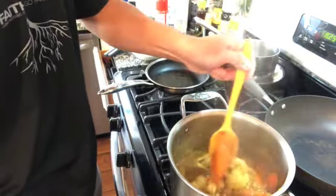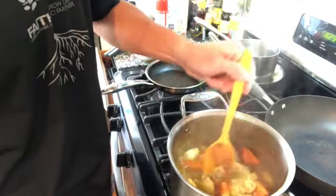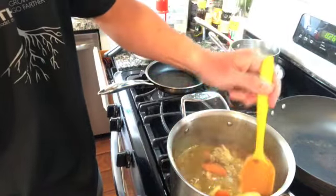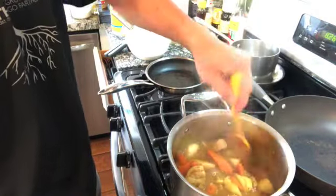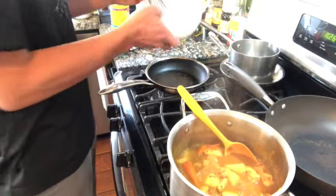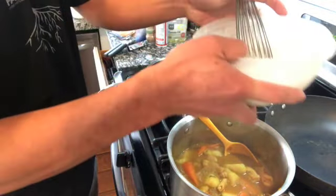And I wish you could smell-o-vision. It smells wonderful with all of the spices of the curry. Now, then we're going to add the coconut milk. This is 1 can of coconut milk,